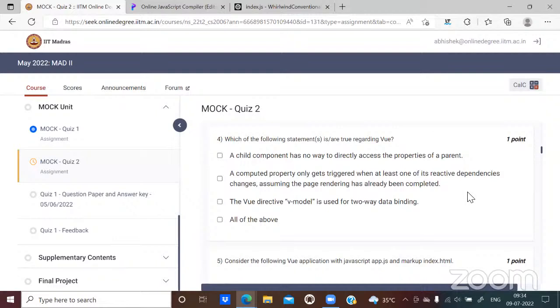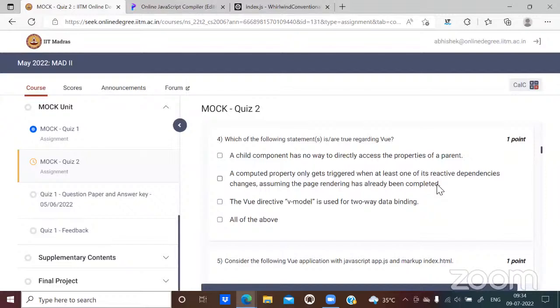Are you getting my question? What I'm trying to ask? No, sir. Will you please explain? What I'm saying is, let's say a re-render has just happened, and the method is triggered, right? Since the method is triggered, wherever that method is used, that parameter would have gotten some value, and that's why it is ready to be displayed on the web page. But what about the computed property? We just saw that a re-render has just happened. So how will the computed property get to know what value is to be displayed if it is not getting triggered? If it is triggered, then of course there is no question. It would be triggered and return a value that we can use.